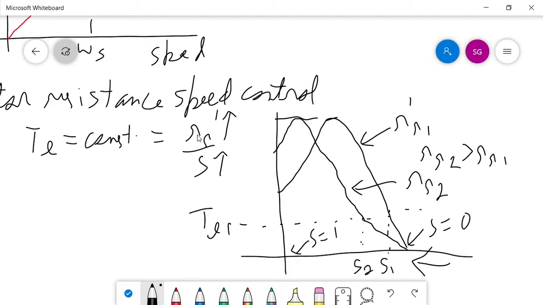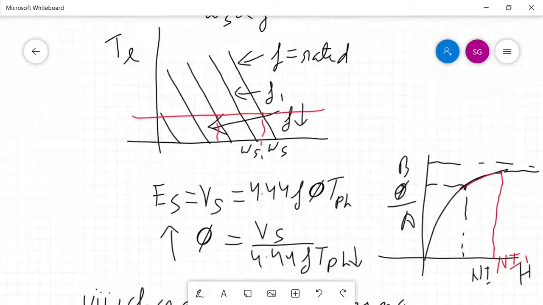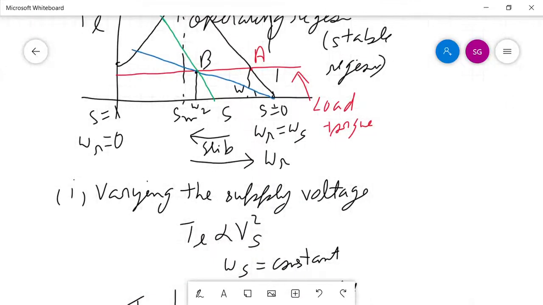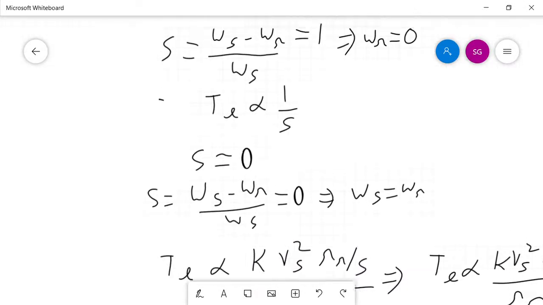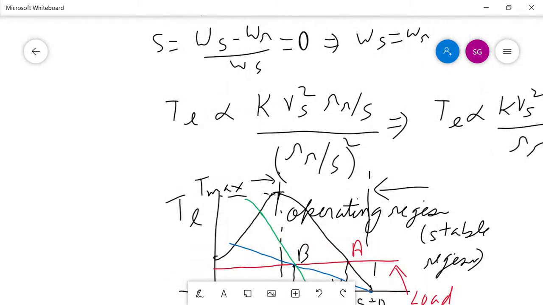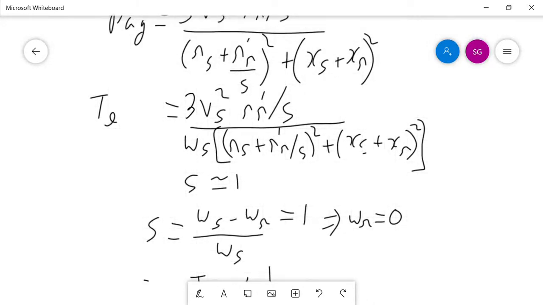So if we go on in that expression, let us see that expression value. This you have done in your machines class, but we can do it here as well. So this is the torque expression. Here there is a factor Rr dash that is coming in the numerator, and there is another factor Rr dash that is coming in the denominator. So let us say if we double this resistance, your torque is directly proportional to this Rr dash.